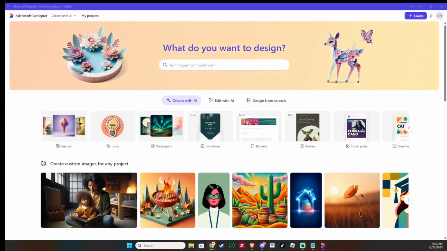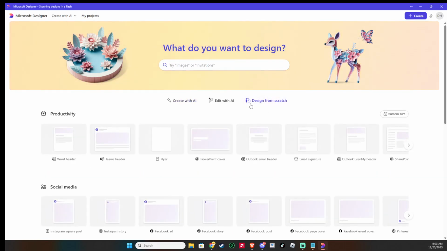In today's video, I'm going to teach you how to create a custom character in Microsoft Designer. First, sign into your Microsoft 365 account and open Microsoft Designer. Once you're in, start a fresh canvas by choosing Create New. This gives you a clean space to build your character from the ground up and keeps your layout focused on